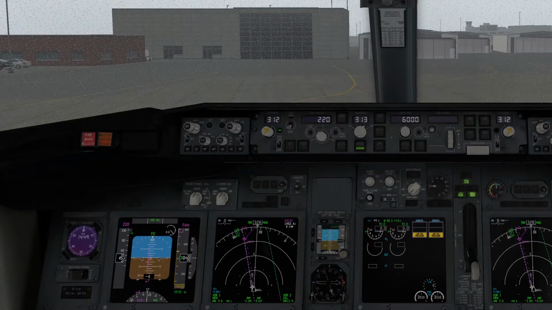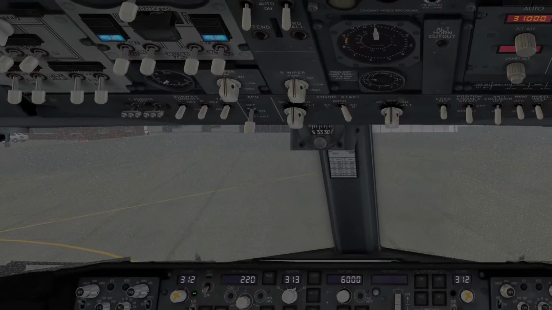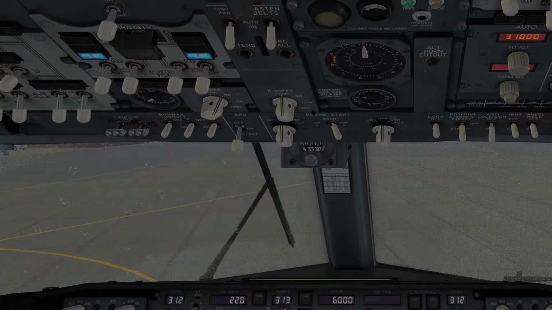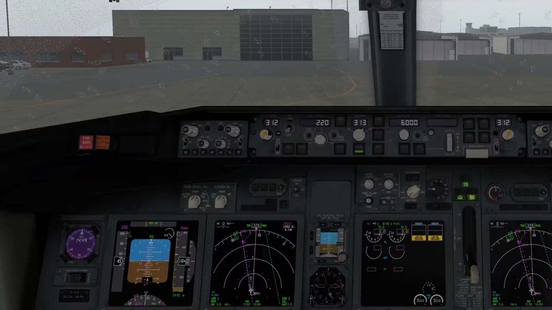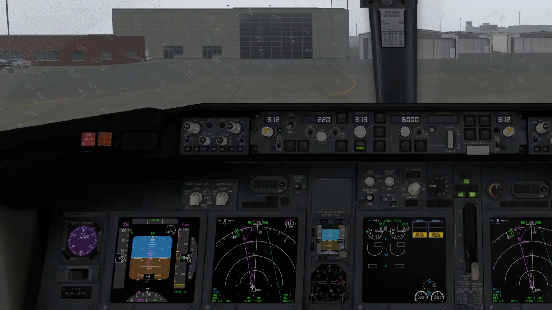Or at least for the pushback. As you can see, it's a little bit raining. In Marseille we have some drops, so we can put the wipers in the intermittent stage. As far as the taxi,